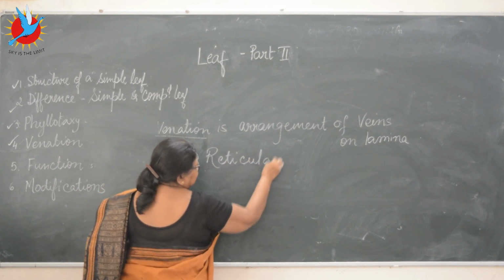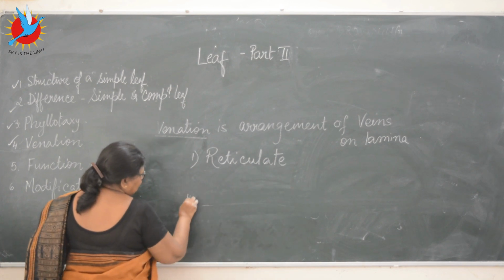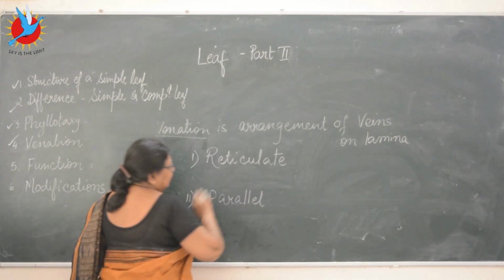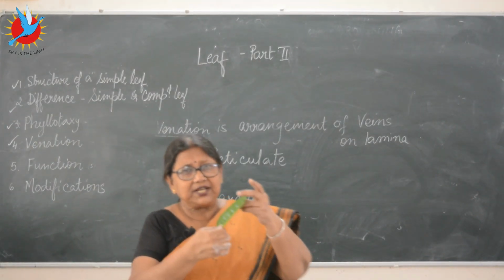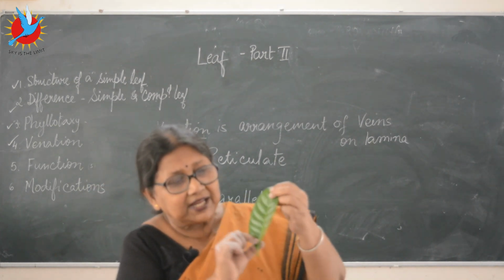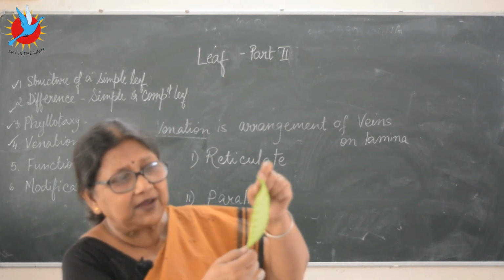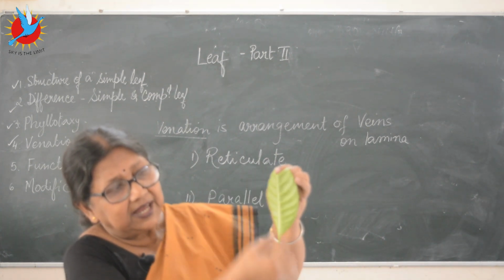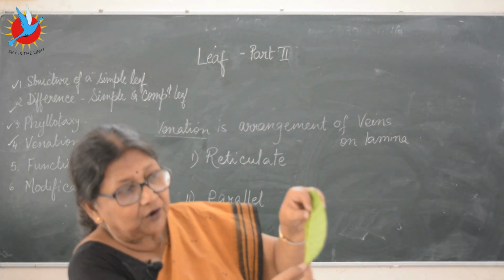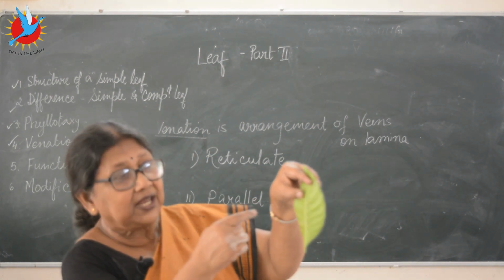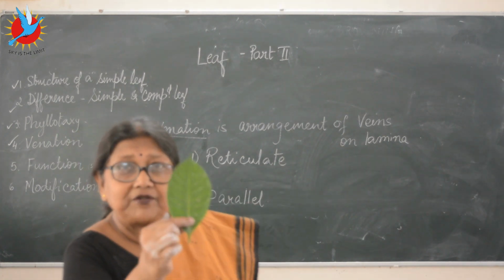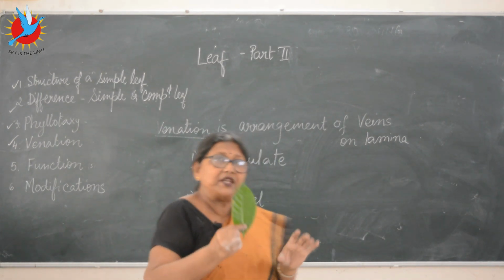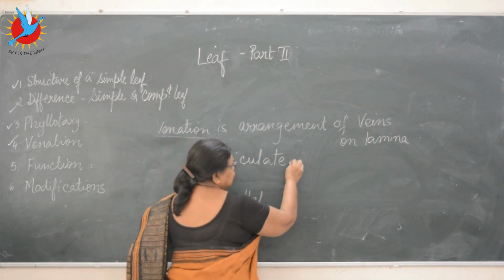One is reticulate, the other one is called parallel. Now this is the reticulate venation. Can you see the reticulate venation here? Can you see the midrib? This is the dorsal side of the leaf and this is the ventral side. See, the petiole extending through the center of the lamina as the midrib or the main vein. And from here you can see the side veins are coming out. These are called the veinlets. So this type of venation, where there is a distinct midrib and the other veins come out from the midrib, is called the reticulate venation.